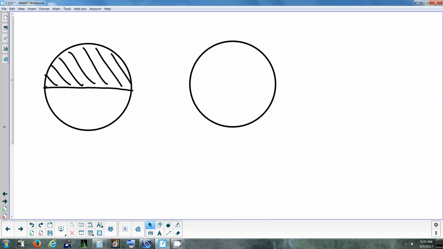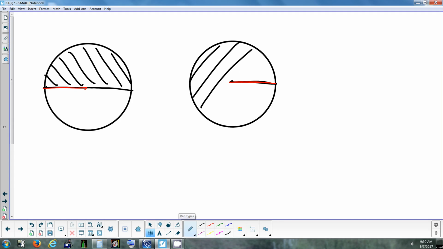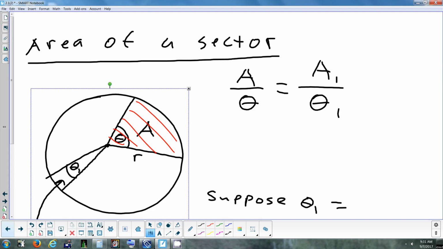So if I do this in different colors so you can kind of see it. The black side is the initial side of my angle. The red side is the terminal. That's 180. Well, if I do it with 360, there's my initial side. Where would the terminal side be? Also right there. It would be right on top of it. So now you have an angle that's so big, it takes up the entire circle. So technically, you can still call that a sector, but it's a sector that's so big, it takes up the whole thing. So, if we let theta 1